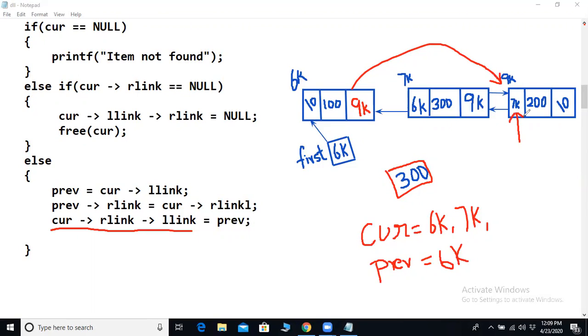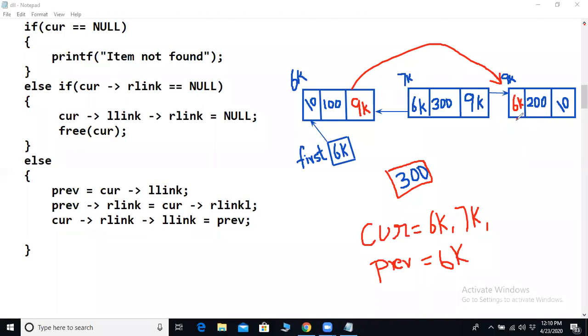Okay. In this field, what are you storing? Prev. Prev value is nothing but 6,000. So what happens now? This gets updated with 6K. Once this gets updated, this link is gone, right?